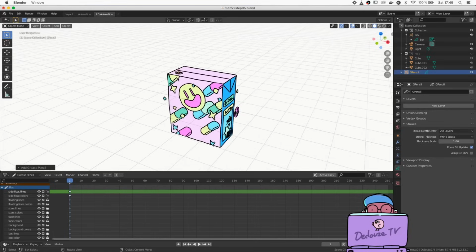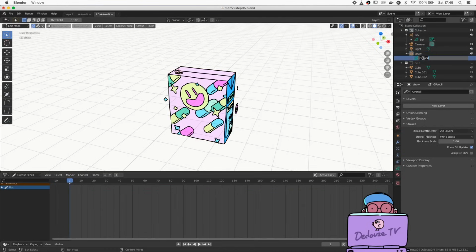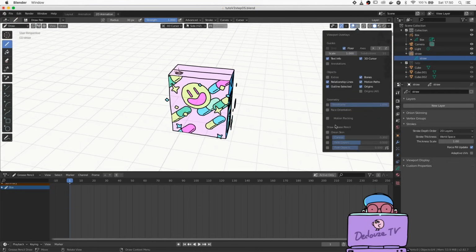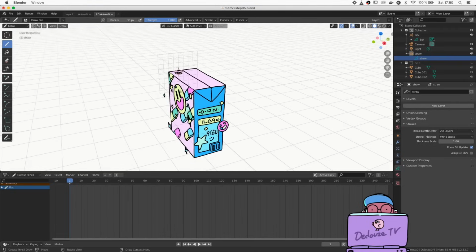In the outliner, check that the new grease pencil object is inside the normal collection, not the one with the helper boxes. If it's outside, you can just click on it and drag it into the right collection. We will rename it Straw. Rename also the nested object inside in green to find it later in the timeline. Now switch to draw mode. Reactivate the canvas in the overlays if it's hidden and check that the orientation rule is set to side.